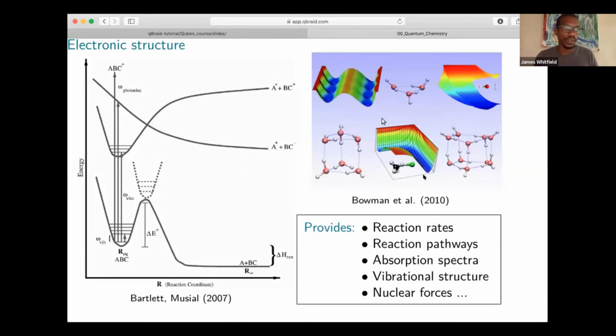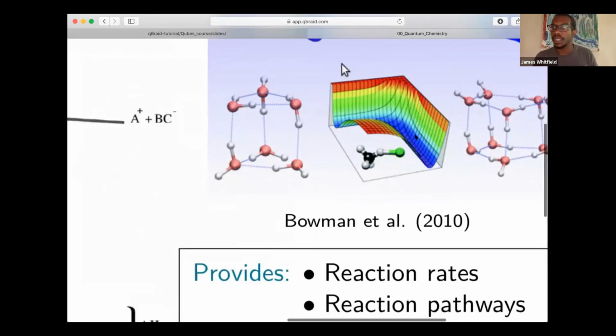Okay. So for instance, in this case, you can see here this is a picture of extending the bond between this one and this one. If you go along some pathway, you're in a nice low energy situation, but if you try to go in some other direction, you're going to go up in energy and it's going to be prohibited. So when you ask how your reaction proceeds, it'll proceed along this long pathway where it goes in here,